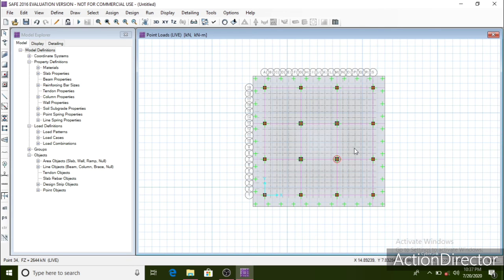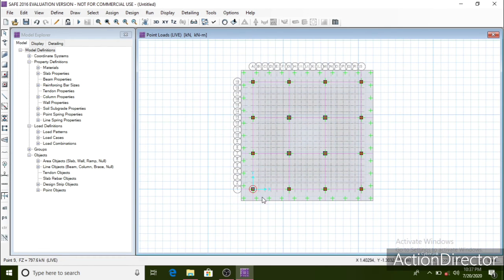Now we need to change the rebar material for the design strip layers. Also we need to assign the rebar material for the footing as well.